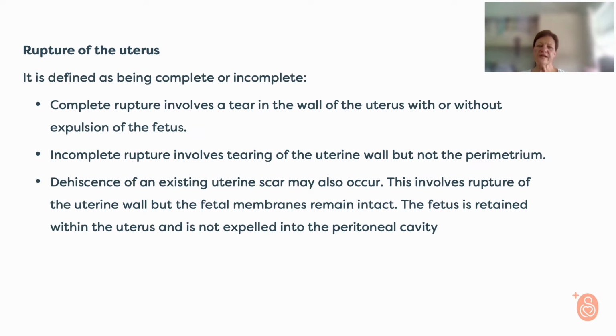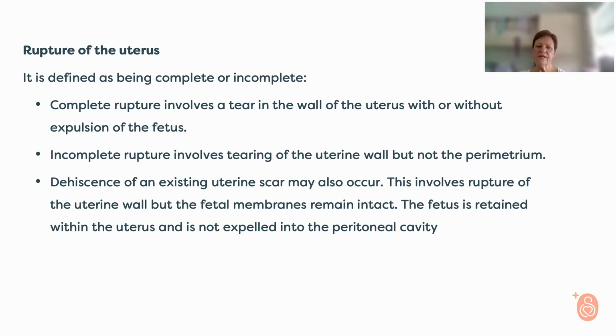a complete rupture or an incomplete rupture. In the case of a complete rupture, it means that the total wall of the uterus has been ruptured, and that can be with or without expulsion of the fetus in the abdominal cavity. Or we get the most often one that we see, an incomplete rupture, which means that the uterine wall has been torn, but not the perimetrium. So it's only in the uterine wall, and it can be a small tear or it can be a bigger